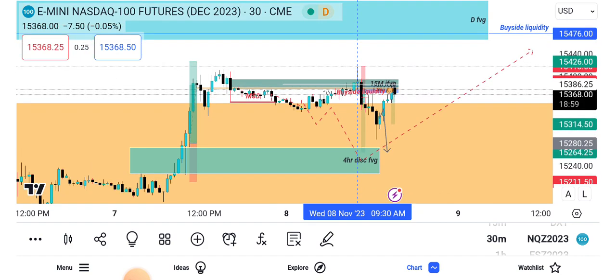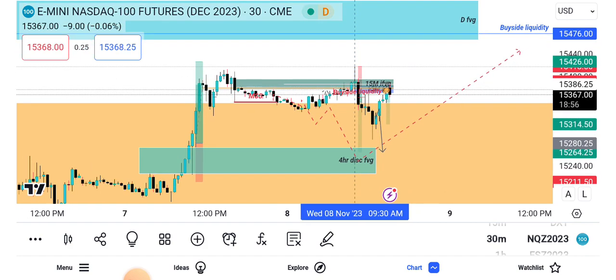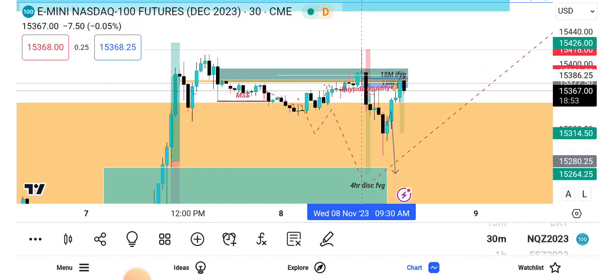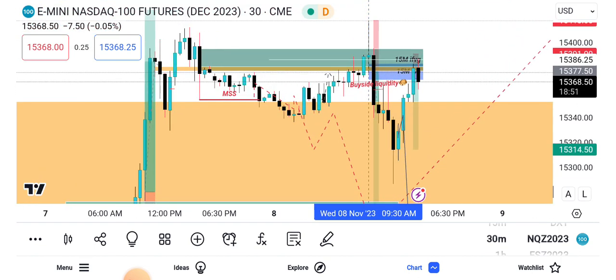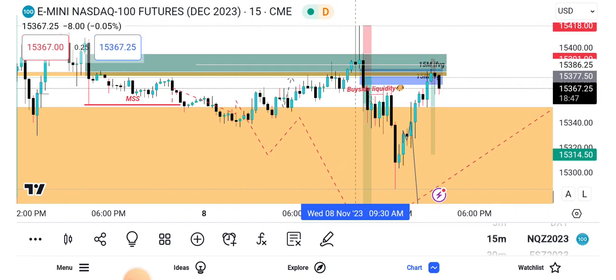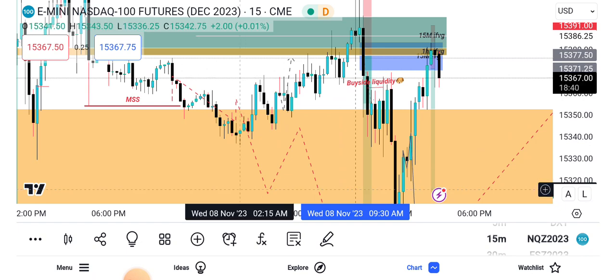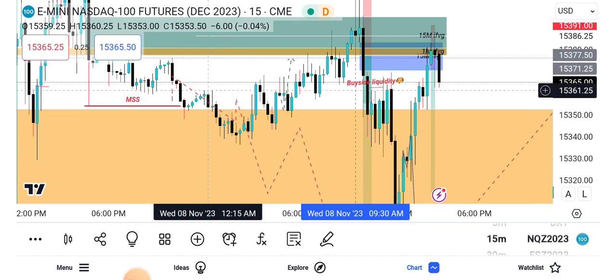This 4-hour discount fair value gap, then from there we can look for buys. So guys, we drop to the lower time frames. We can see our MSS there, and at around 2 a.m., a low formed, and this high was